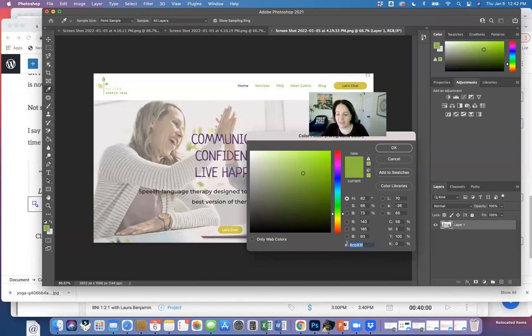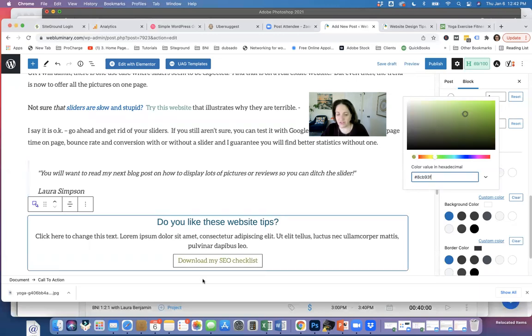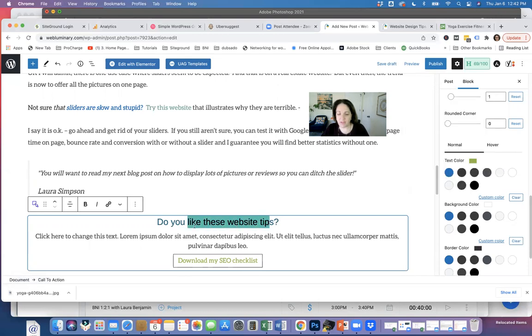I'm going to put in my last client's green color. It happens to be handy, just to show you that you can definitely bring and use your colors. This is one of my website colors. I'm probably going to use another color when I fix this, but